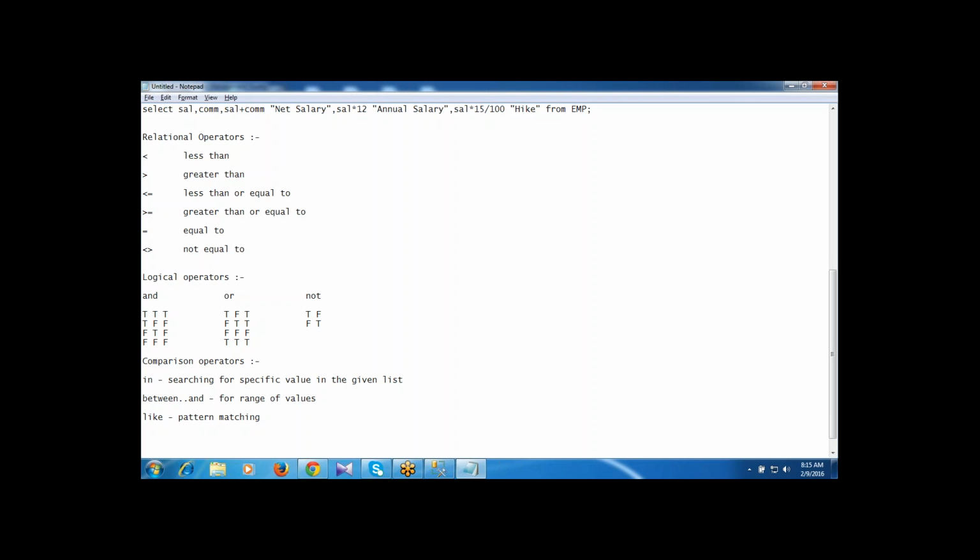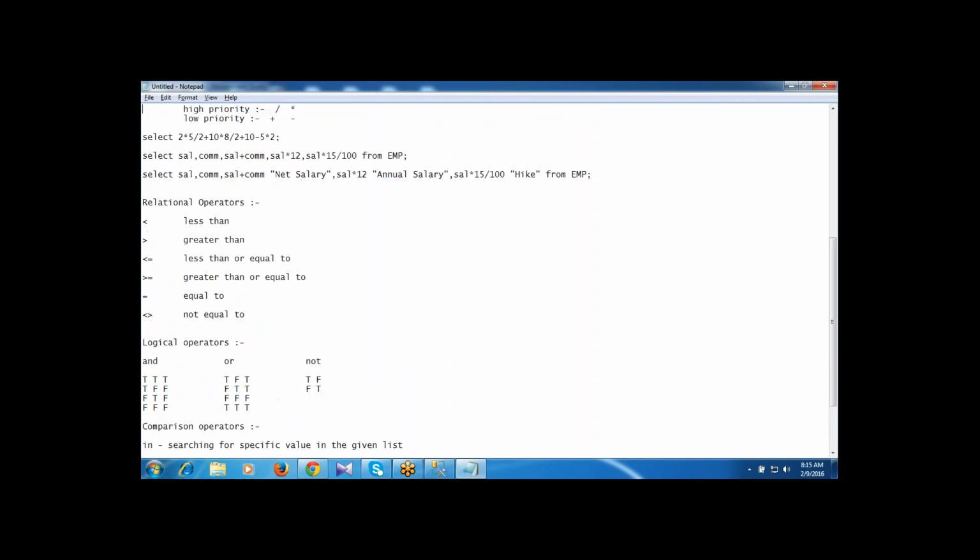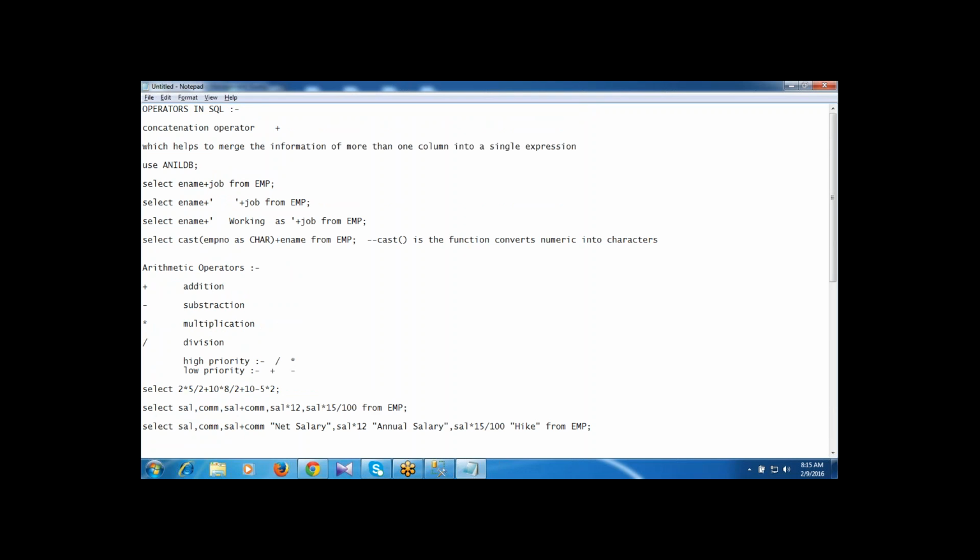The concatenation operator is the plus sign, which helps to merge the information of more than one column into a single expression, and it also performs addition. Arithmetic operators are plus, minus, multiplication, division. The high priority is first division and multiplication, then plus and minus.